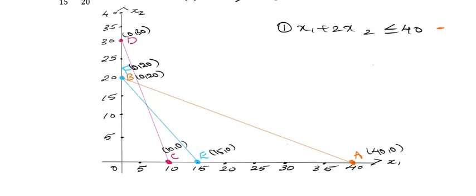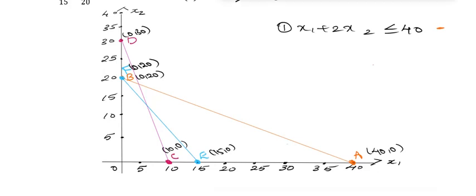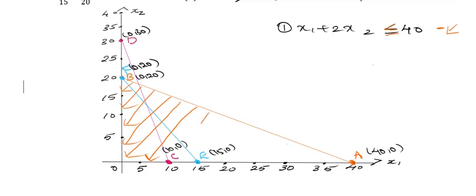Fine. So what you have to do now, you have to check whether the inequality is less than or greater than type. So I am using an orange color to make a difference. Since it is less than type, from the orange line, that is the line connecting A and B, draw a downward arrow mark. Whenever it is less than type, please draw a downward arrow mark from that line. So this is the line we have. So please draw a downward arrow mark. Completely you can draw it from the top to the corner of the line. You can make it much easier by using different colors.